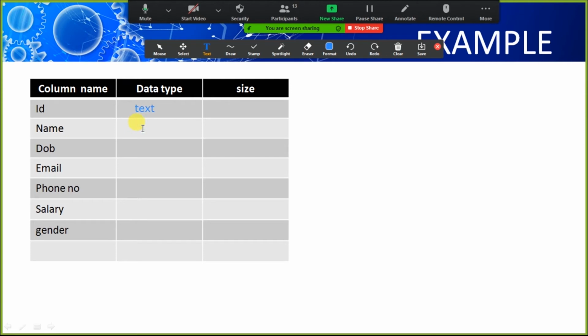Now the second one is the name. So what will be the data type of name? As we have seen in our daily life, no one writes a name like this. Can anyone tell me what it is? Saurabh. How many humans write their name like this, in an alphanumeric manner?